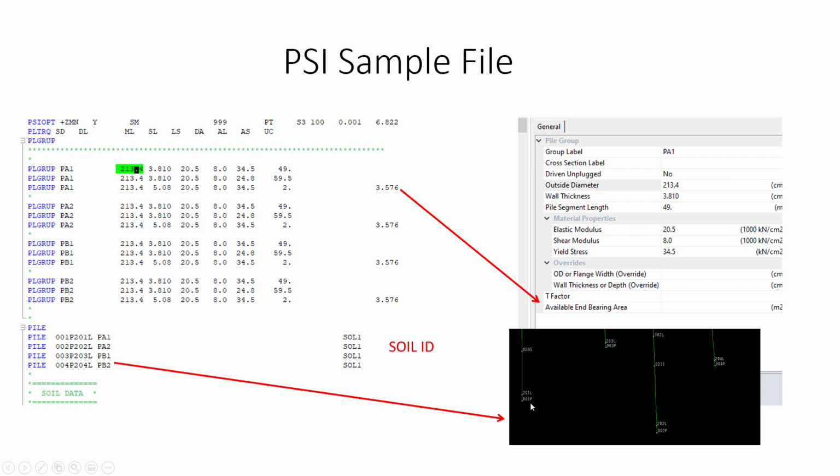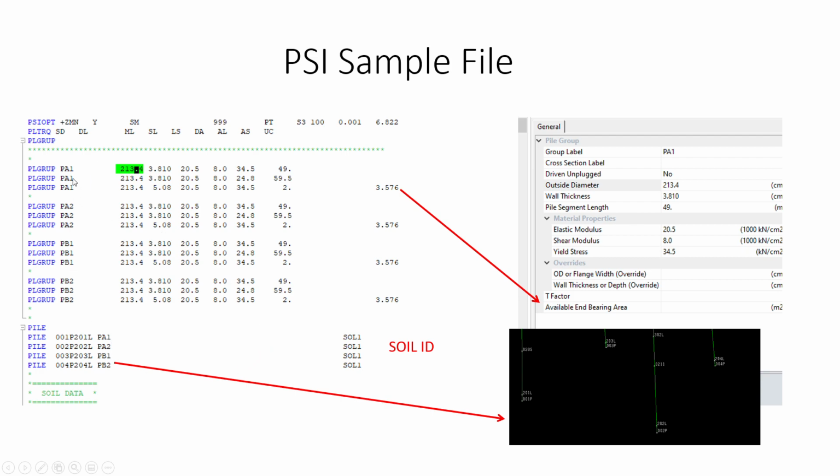If you see here 001P, 002P, 003P, 004P, these are the pile head locations. From here there will be a pile starting. So this one pile we are not modeling here, we have to type it numerically.